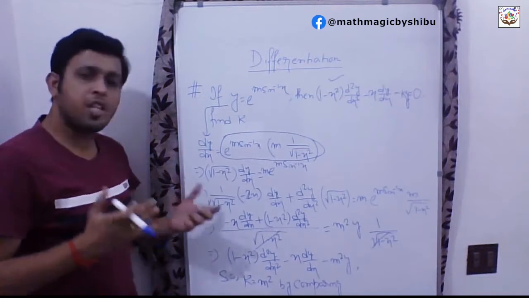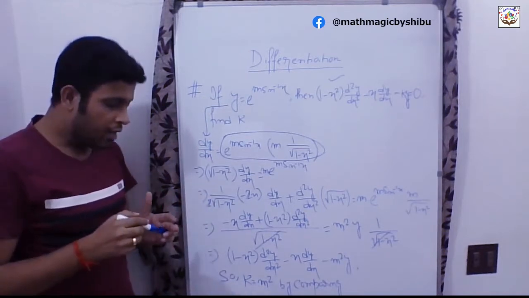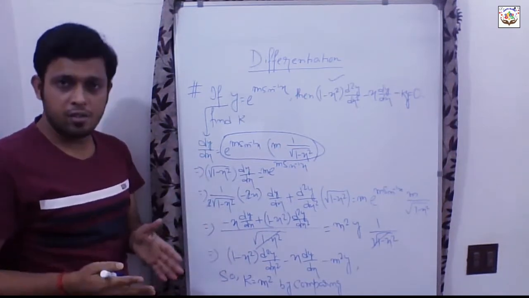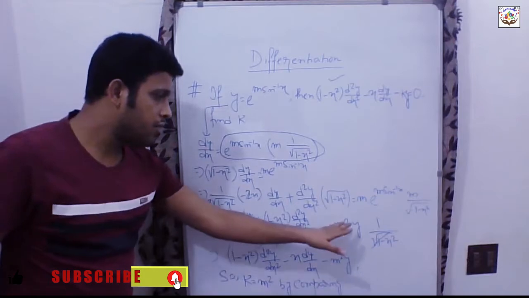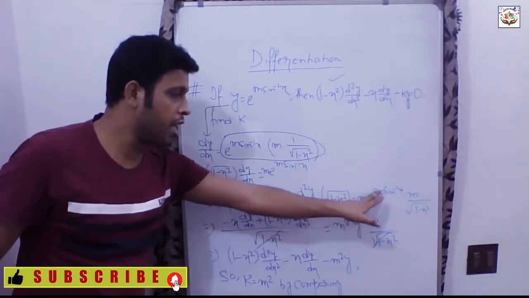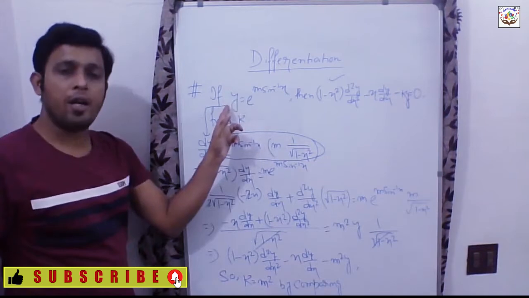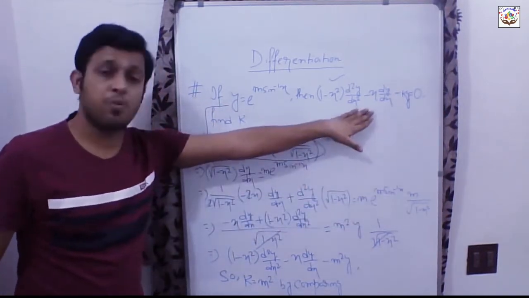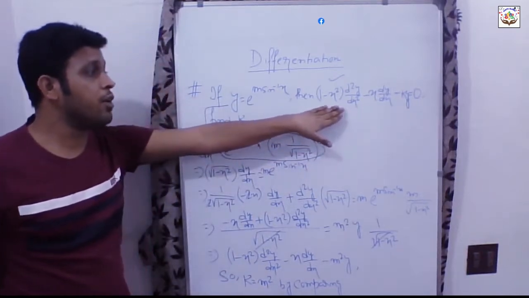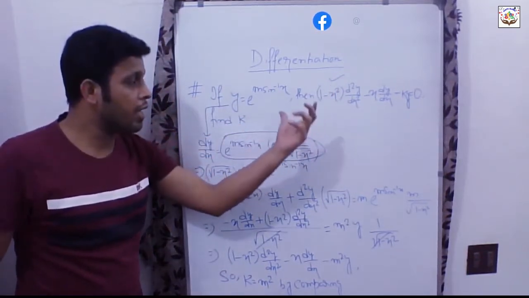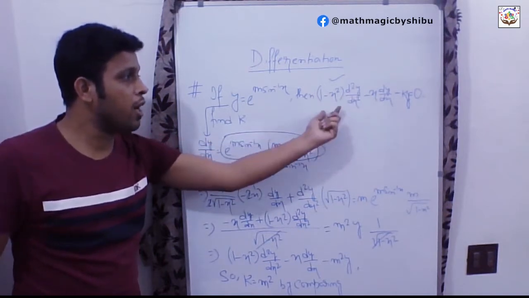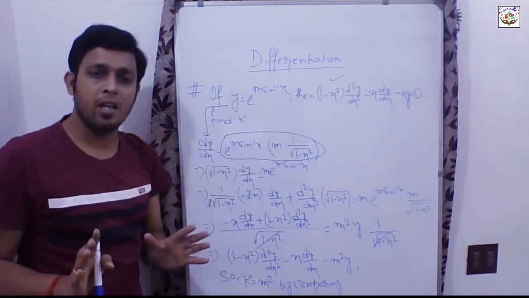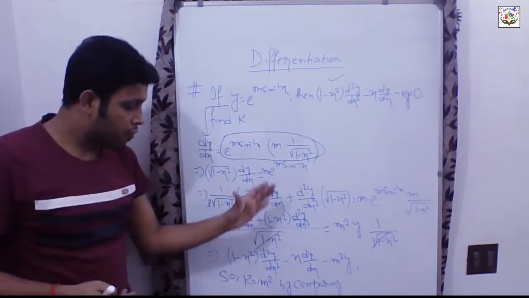Okay, just go step by step as I always mention, and try to apply your brain to why I have used this concept, right? In place of e to the power m sin inverse x, why did I put y? Why didn't I proceed with the e to the power m sin inverse x? Because in my resulting expression, we do not have anything related to e to the power of sin inverse x. I can see that in the resulting expression only x square related terms, and only dy dx and d2y dx square related terms will be there. So that is why I have proceeded this much.